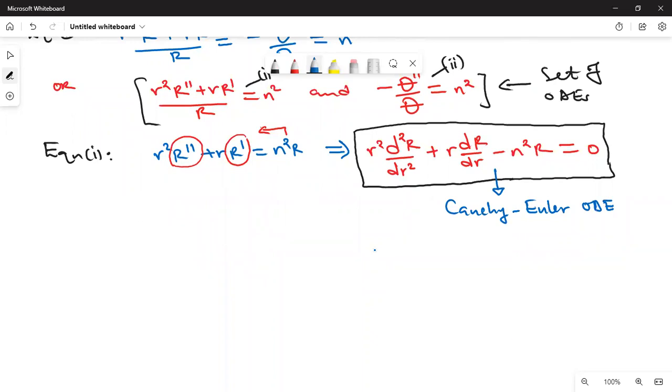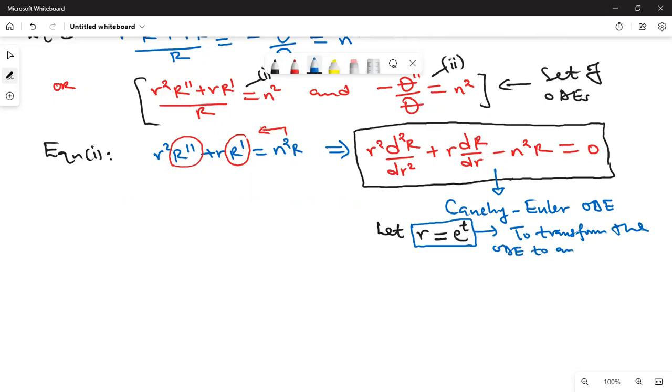Remember Euler-Cauchy equations, the general form. So we solve it by making another substitution. To solve this, you are going to say let r be equal to exponential t. Why are we making this substitution? Because this substitution will help us transform the ODE to that equation with variable coefficient. We are using this to transform the ODE